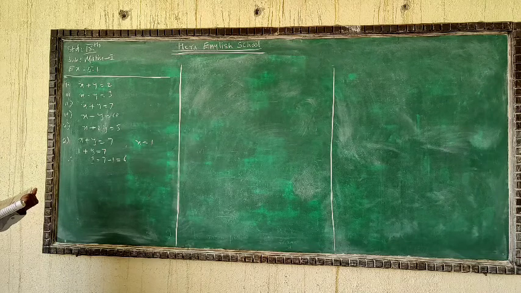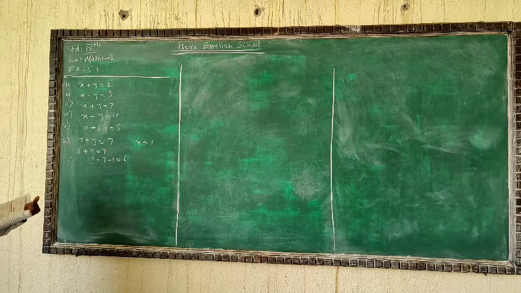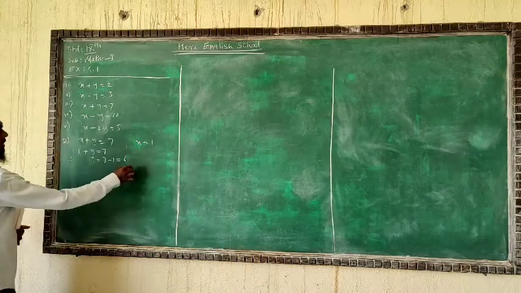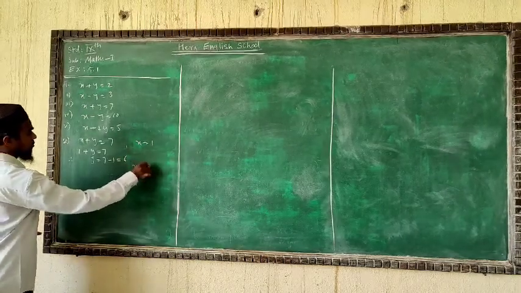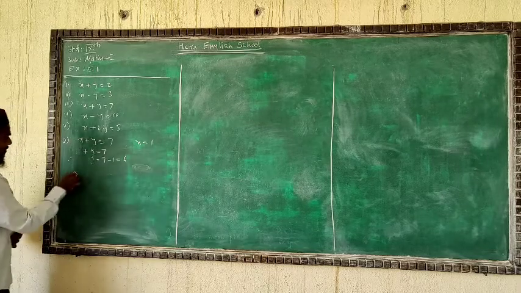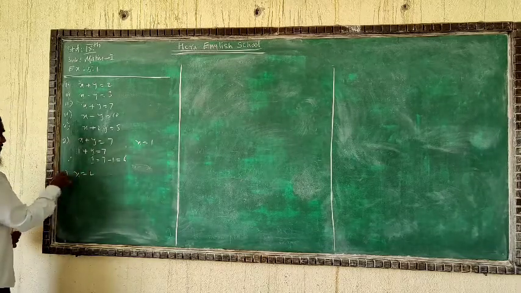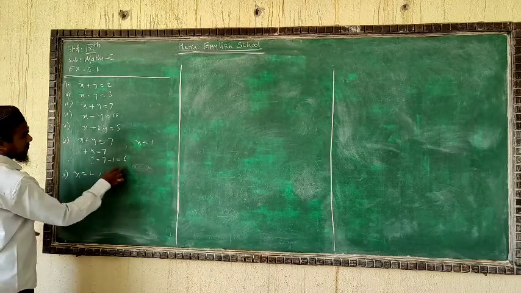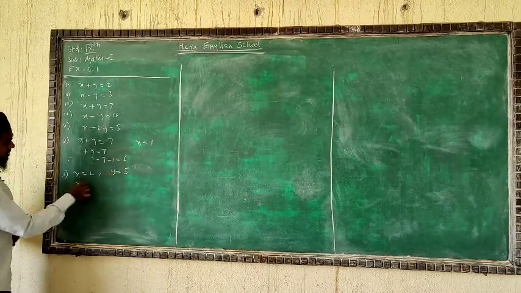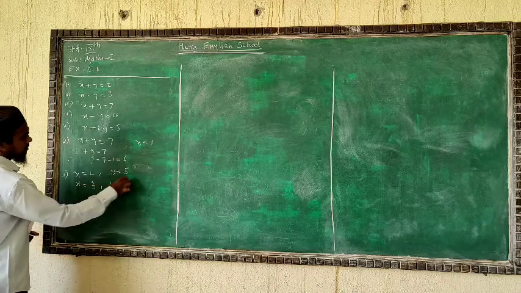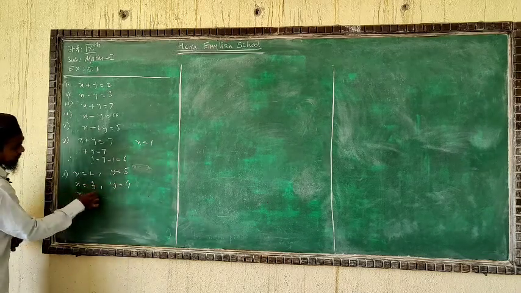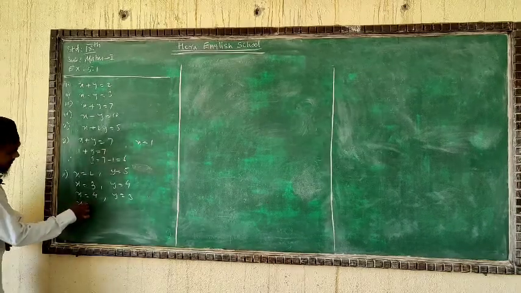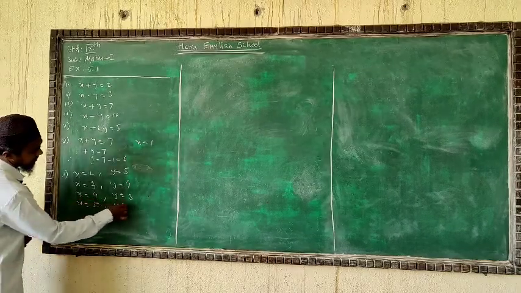Like this, by putting in values in the equation, we have to bring 5 solutions. This is the one solution. Now suppose you take x equal to 2, you will get 7 minus 2, means y is equal to 5. If you take x equal to 3, you will get y is equal to 4. Taking x equal to 4, you will get y is equal to 3. Now continue, taking x equal to 5, you will get y is equal to 2.